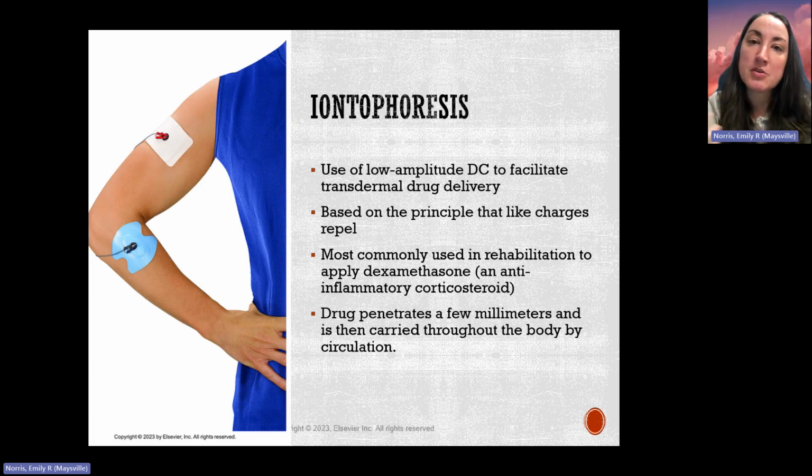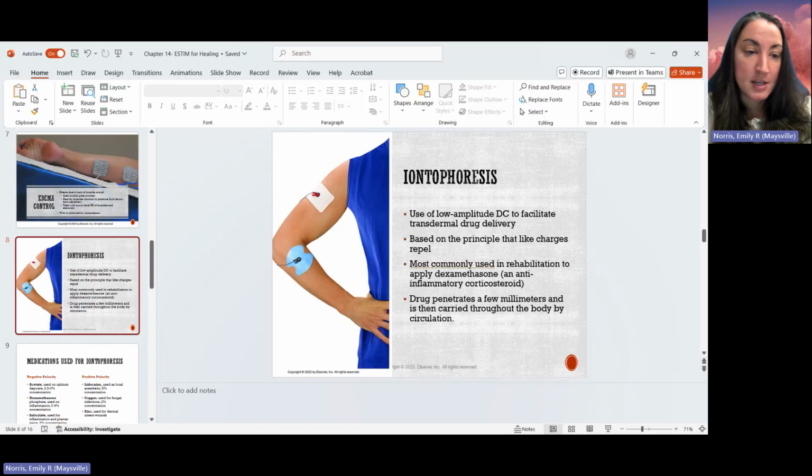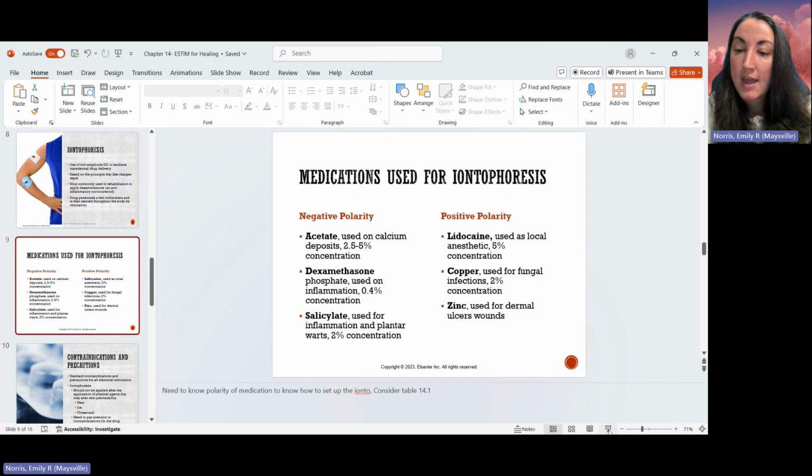So there is some of the drug that is carried into circulation, goes to other parts of the body, but it is a more direct way of delivering the drug to that area. Of course, you could do a shot, which delivers it to the area, but it also enters the bloodstream as well. There are different medications that have different charges,